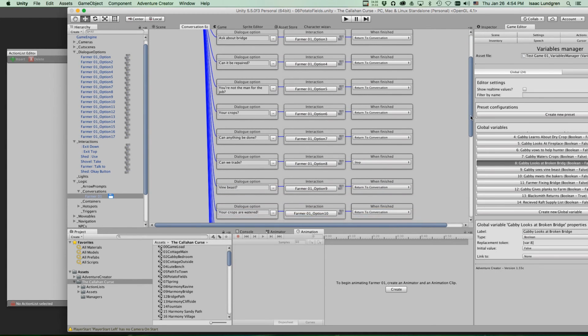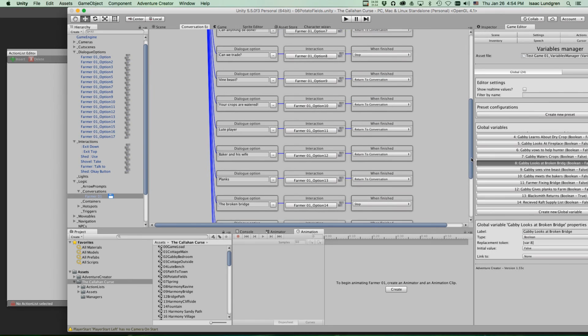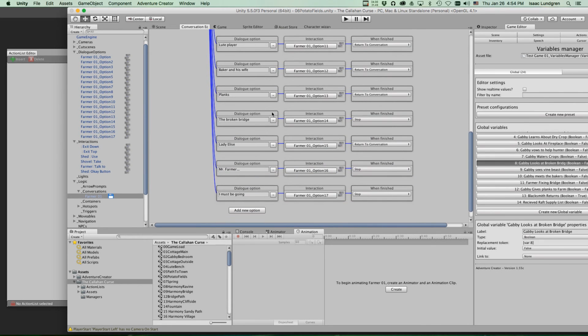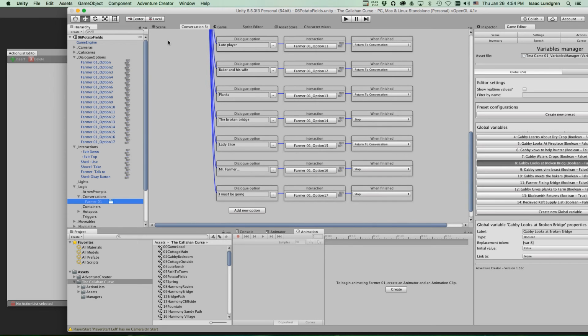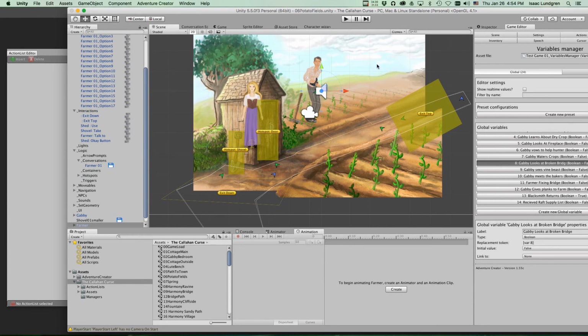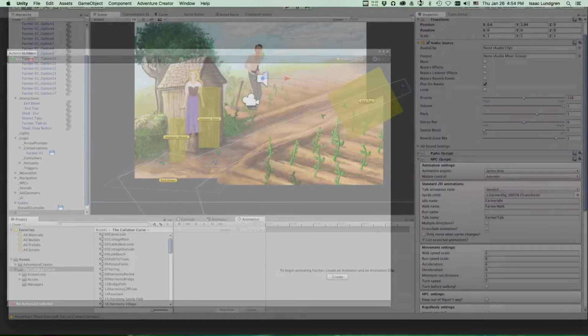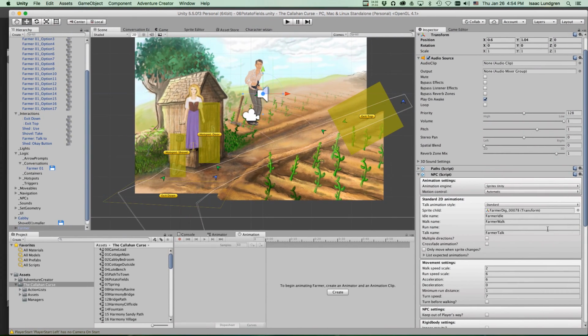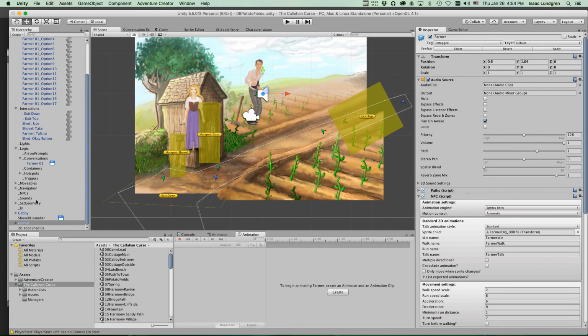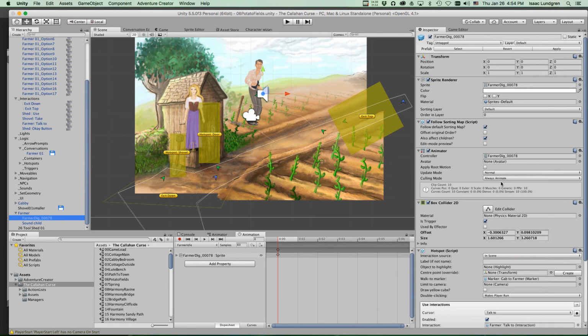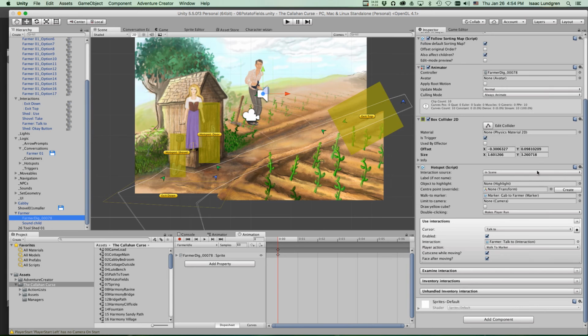I have some topics about the bridge. The broken bridge. Here it is. It's one of my dialog options. So when I first click on Mr. Farmer here, nope, that's the object. I believe it's the graphic I'm dealing with here. When I first click on Mr. Farmer here, and I bring up the interaction, farmer talk to,